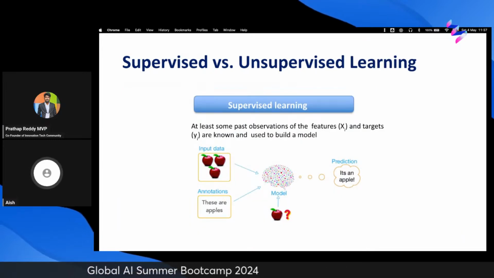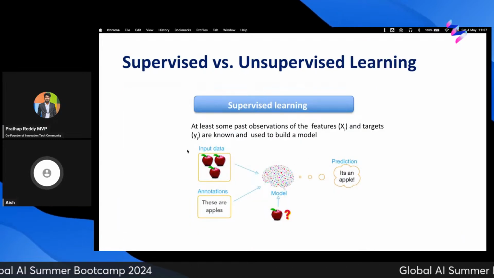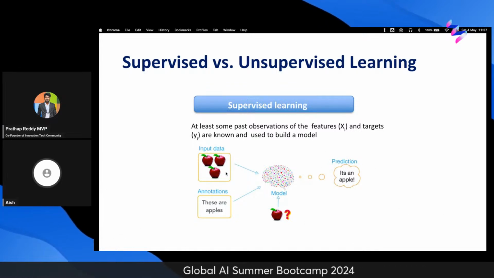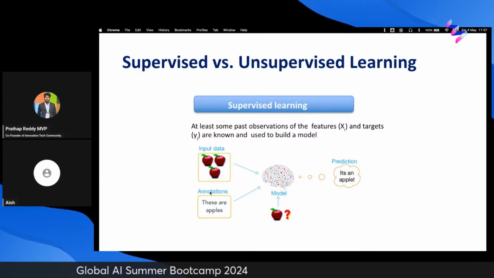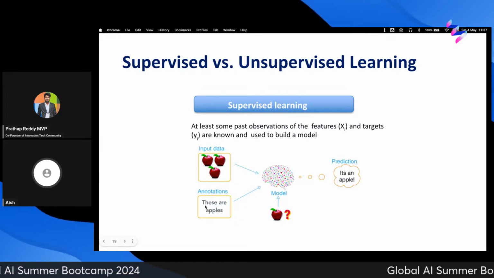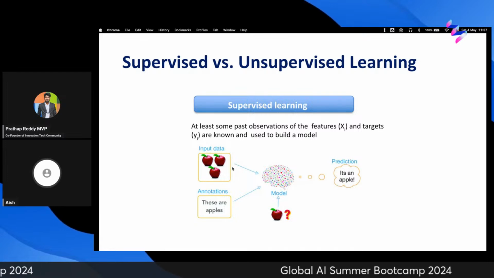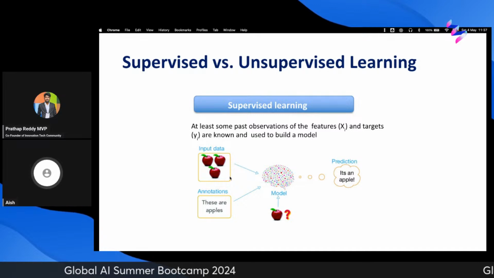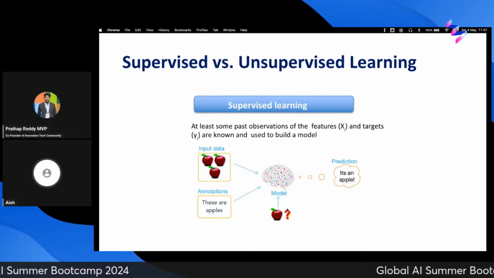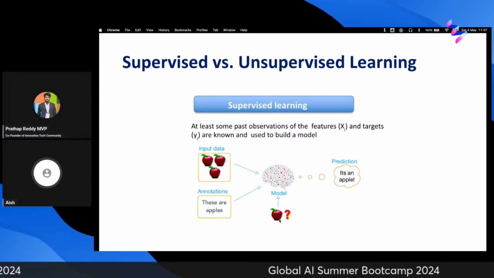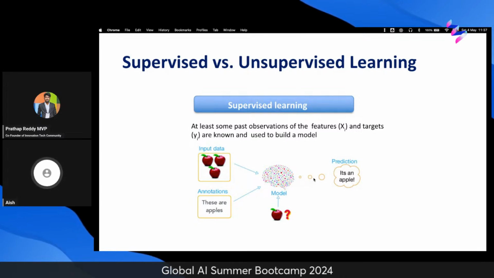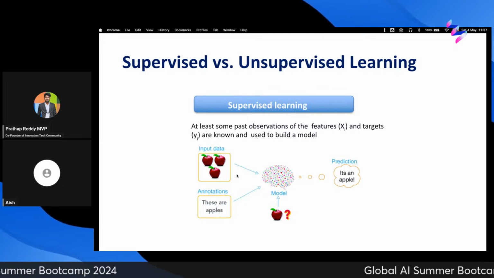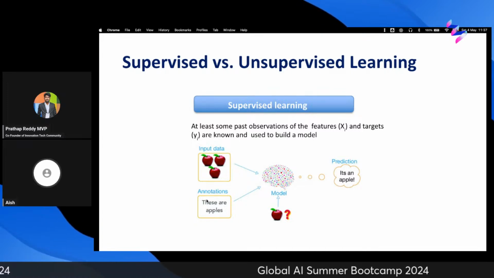Okay, so now coming to supervised and unsupervised learning. You can just take a look at this image over here. You have these images of different fruits, and these fruits are labeled as apple. You feed it 1,000 images of these fruits and these 1,000 labels that this is apple, this is mango, and so on. Then if you now give it this particular image, the model will predict that it's an apple. So this is a supervised kind of machine learning, where you have images and also you have their